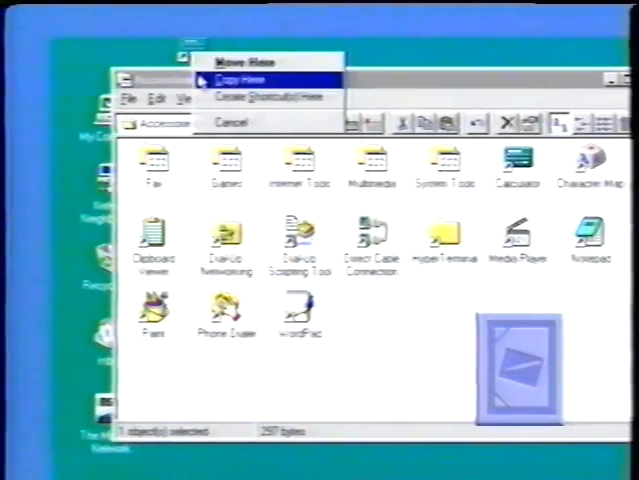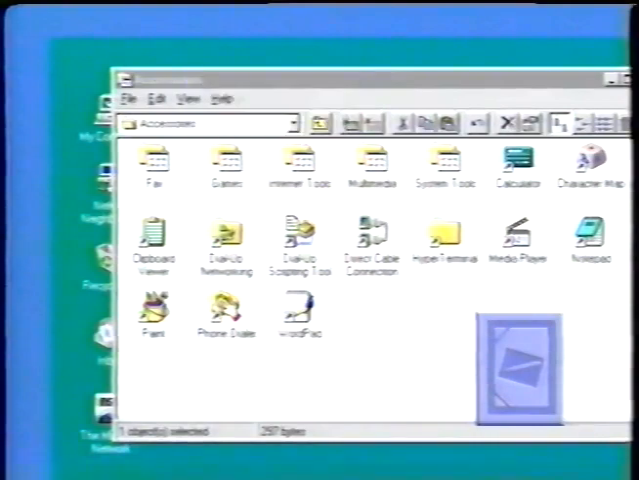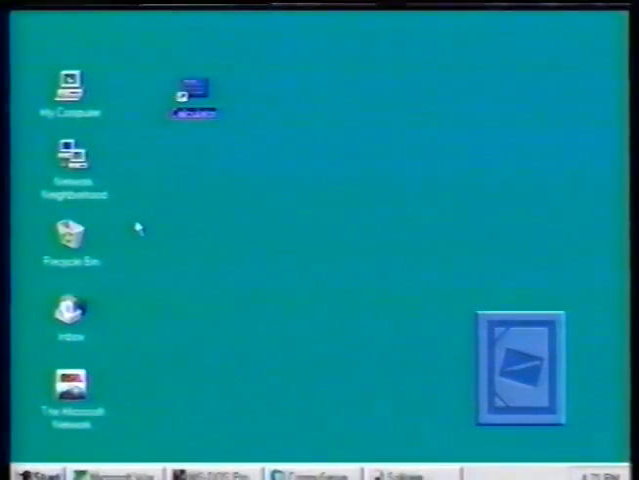Release it. A menu appears. Choose the Copy Here option, and the calculator icon is now on the desktop. You can move it around by clicking and dragging it, or you can keep your desktop icons in order automatically